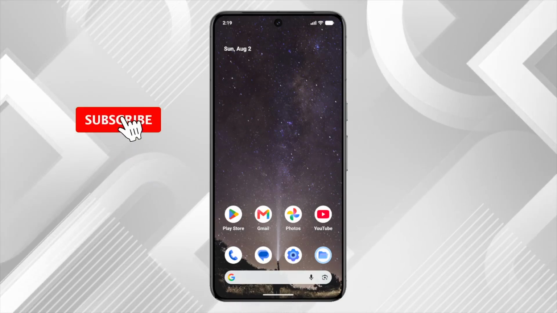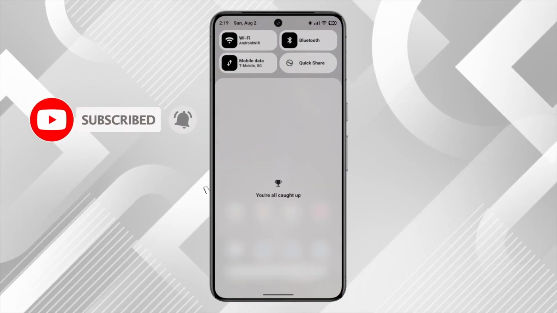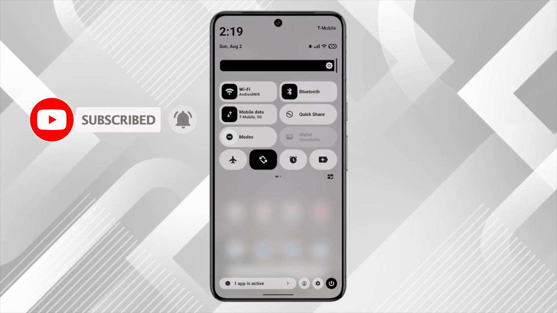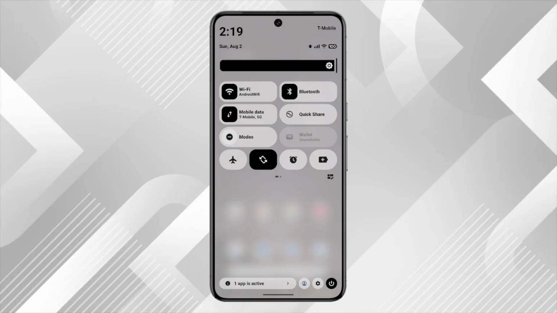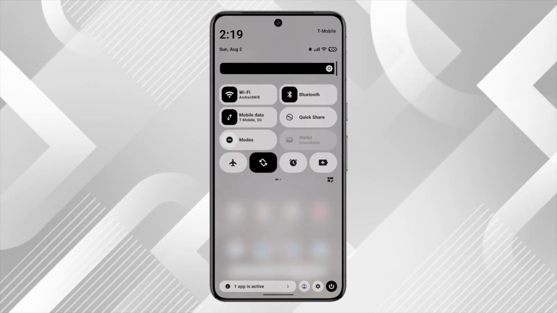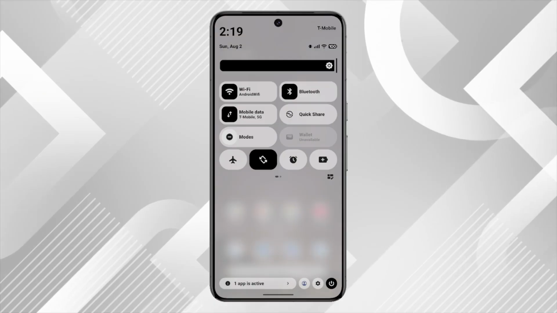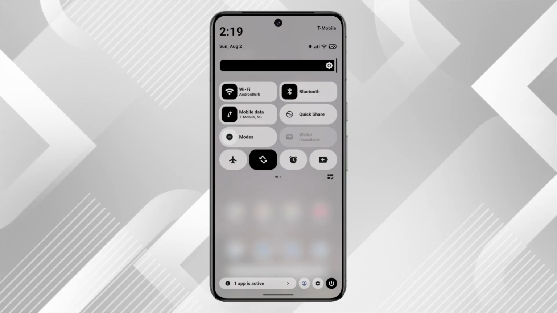First, swipe down from the top of your screen to access your quick settings panel. This is where you'll find all your quick access toggles and shortcuts that make controlling your device easier. Now you'll want to swipe down again to expand the panel fully. This reveals additional quick setting tiles that might not be visible in the initial view, giving you access to more